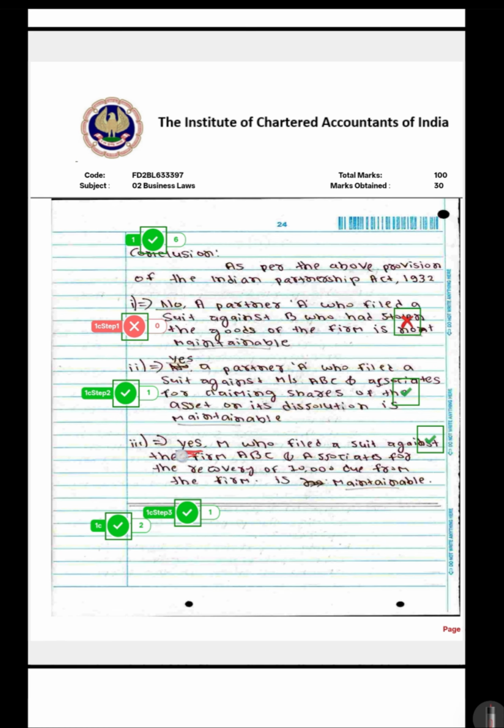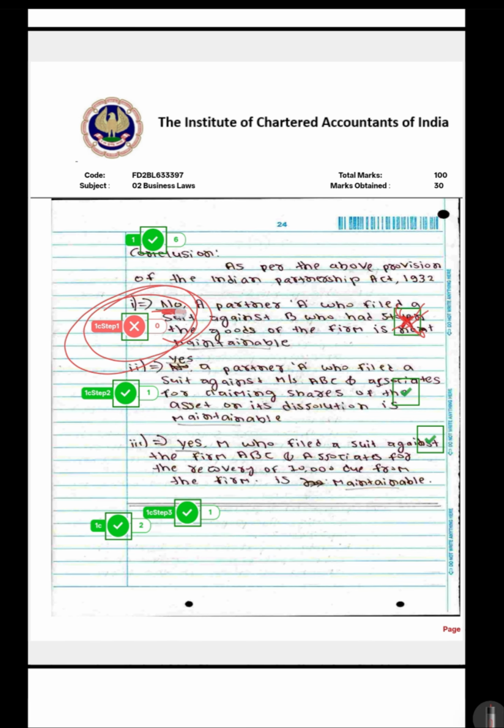As you can see, I wrote here "yes, it is right," and the checker has allotted me marks. This is also right, and the checker has allotted me marks. But this one is wrong. And as I have already told you, I'm saying that the checker hasn't even read my answer. As he saw "no" here, he crossed it and allotted me 0